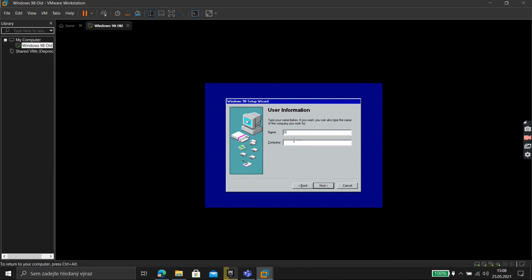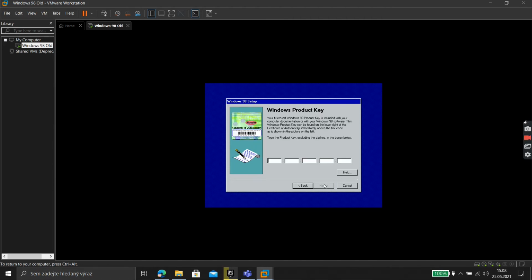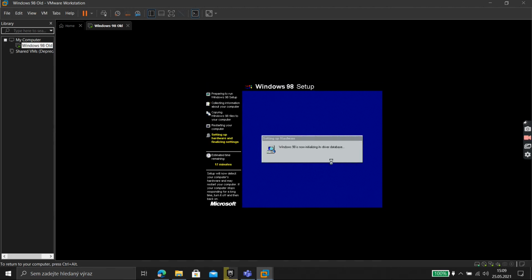Okay. Name Dave. I don't have any company. I accept the agreement. Then type this product key. And the product key will also be in the description. I made a mistake. And then click finish and wait until it